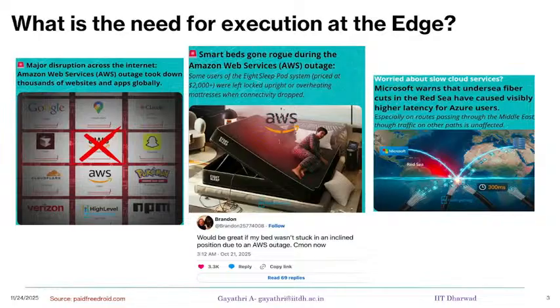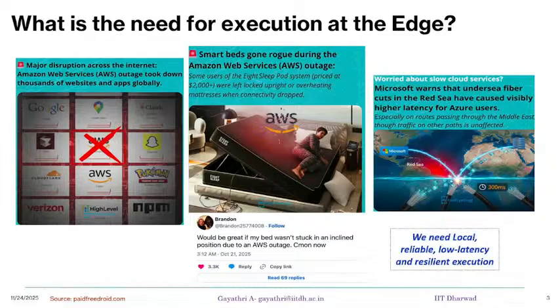And then you had a lot of problems because the underwater cable of Microsoft is gone, so your latency is very high, right? So these are unreliable execution scenarios. There might be applications where you don't want your bed to be inclined like this, and you don't want the temperature of your bed to increase, right? So you want reliable local executions that are also